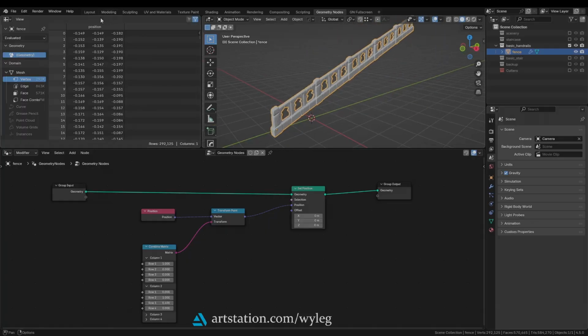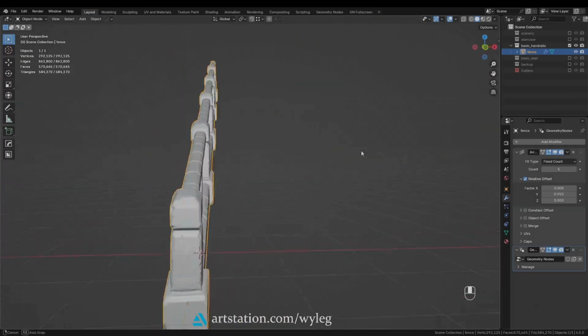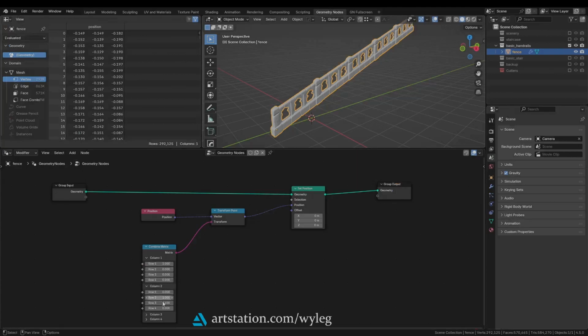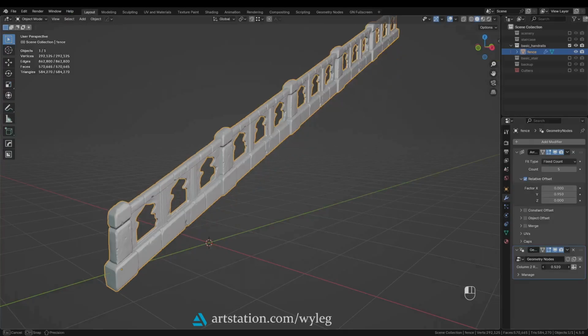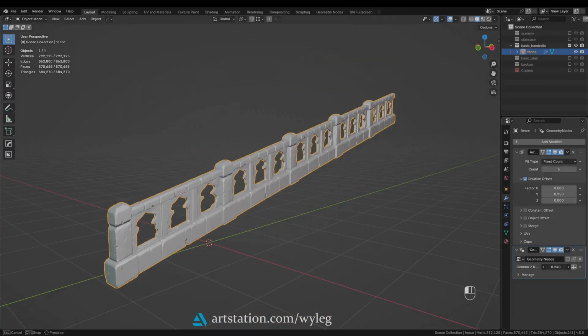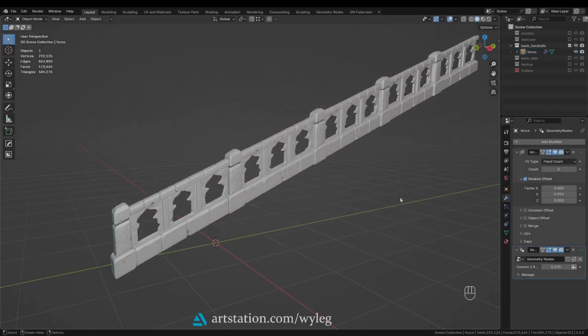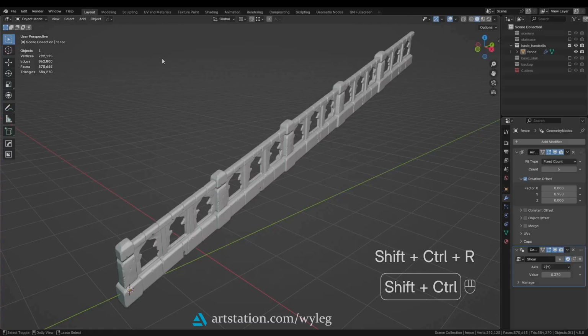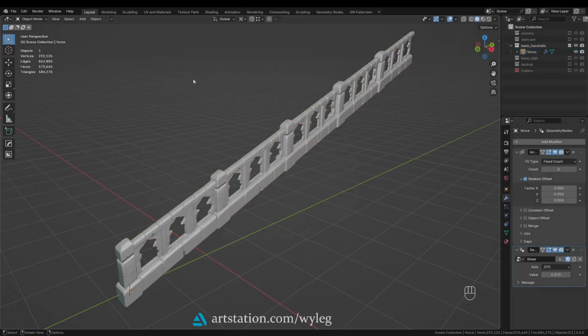That's it. Now we have the skew, or the shear, that elevates our geometry on Z axis the more we go further on the Y axis. That is what we need. Let's expose our value so we can adjust it from the modifiers tab. And now we have created a simple shear modifier. Now I'm just gonna jump cut and replace the modifier that we just created with the one I'm gonna provide in the project file. It's more user-friendly as we can select any axis that we want to apply shear along.